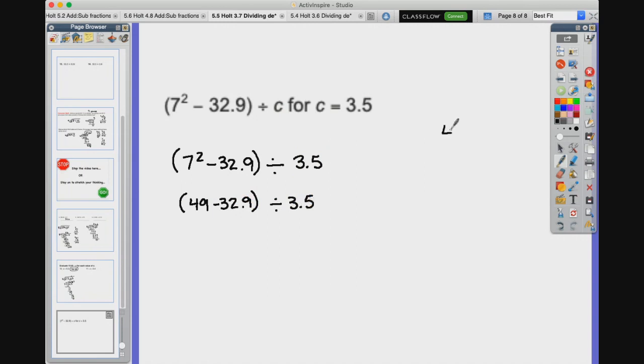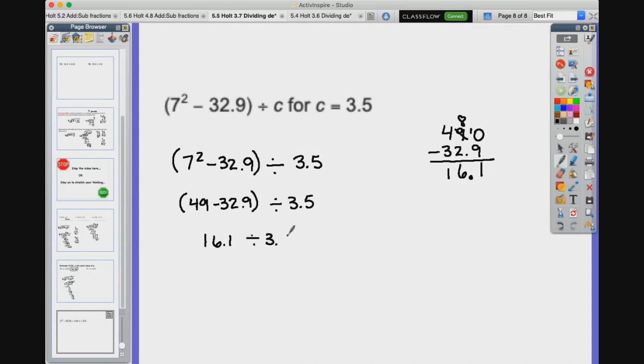I'm going to bring it over here so I can stack my numbers and solve more efficiently. Remember, when we're subtracting decimals, we're lining up the decimal point. I'm going to throw a 0 in there just as a placeholder to help me. I can't do 0 minus 9, so I'm going to borrow and regroup. So 10 minus 9 is 1. My decimal point comes straight down. 8 minus 2 is 6, and 4 minus 3 is 1. So now I have 16 and 1/10